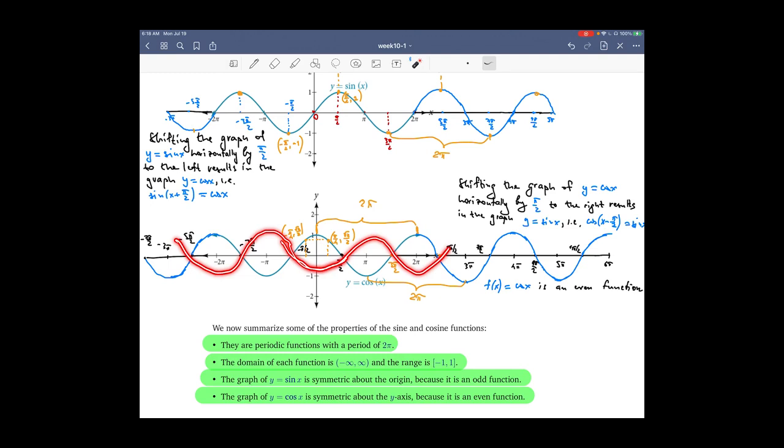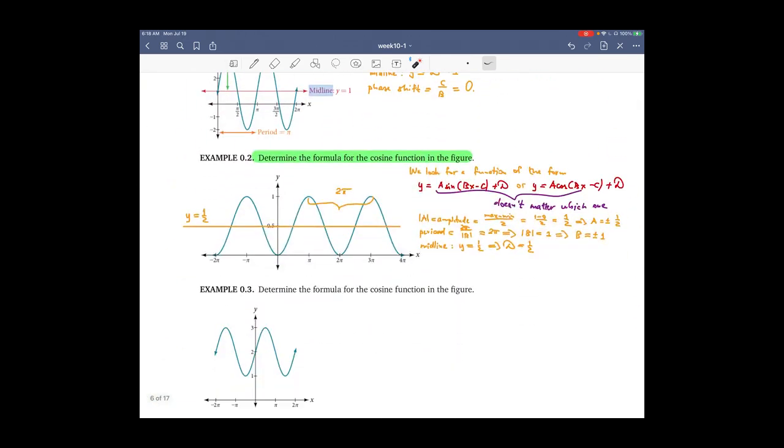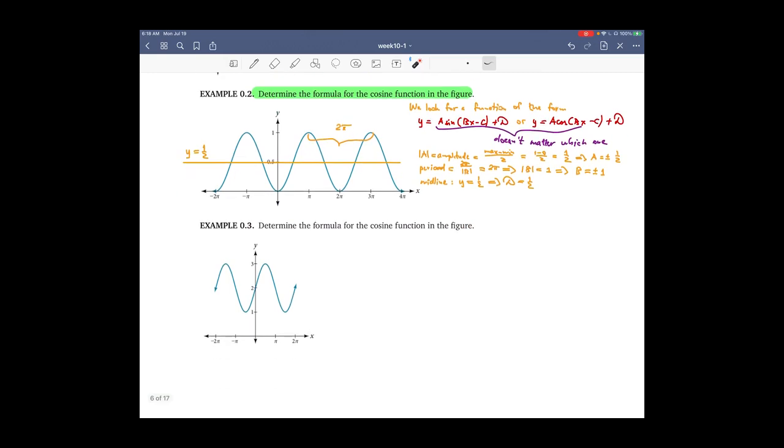So I will prefer to go with the cosine function. Although again, essentially that doesn't matter. So at this point, it's error and trial. Let's say our function perhaps